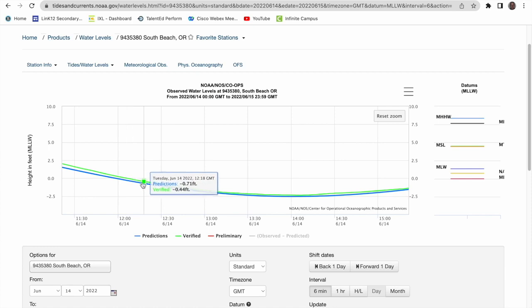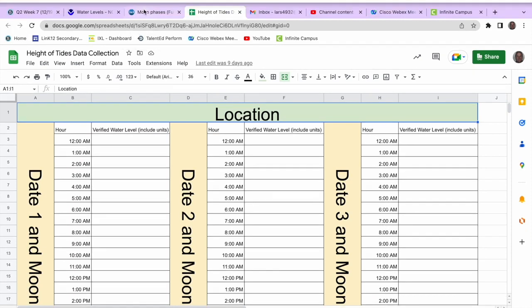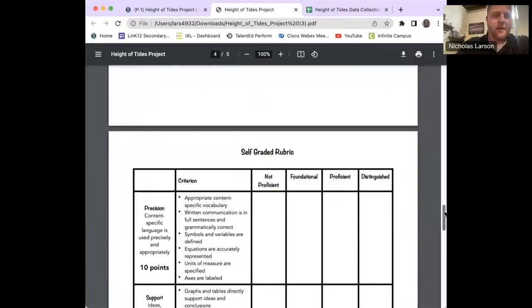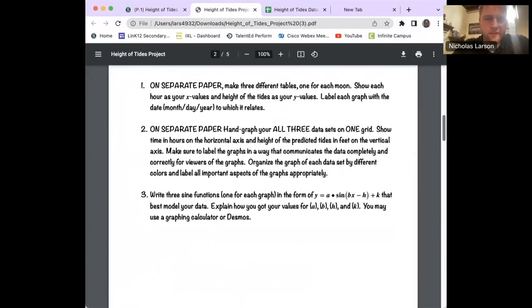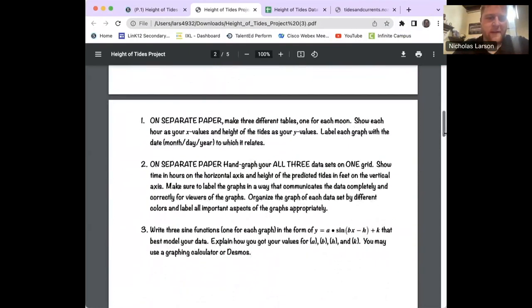But take a look at this again. So you could record all your data here. And then you'd have to pick the 2 other moon phases that are correct, and then plot that out. So here again, once you've got your information, once you've graphed it, you just got to follow these